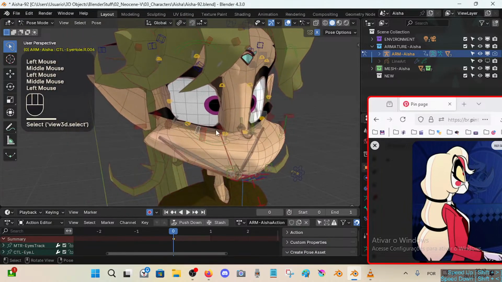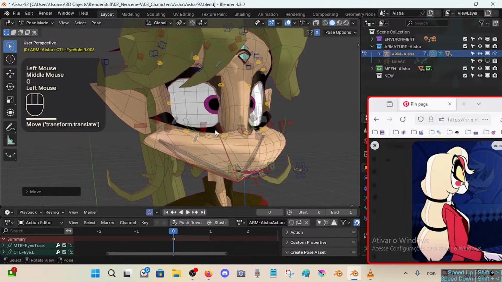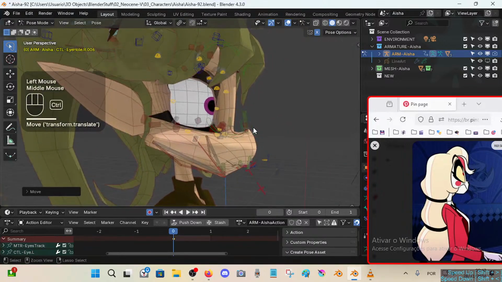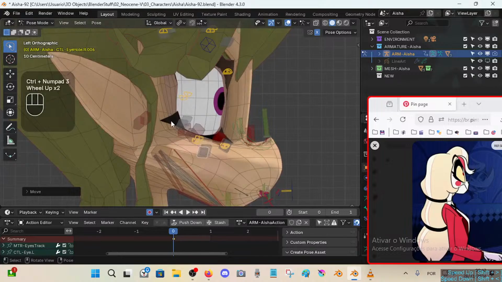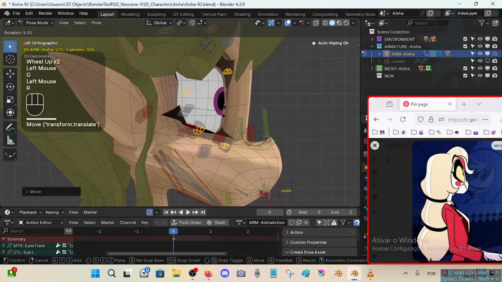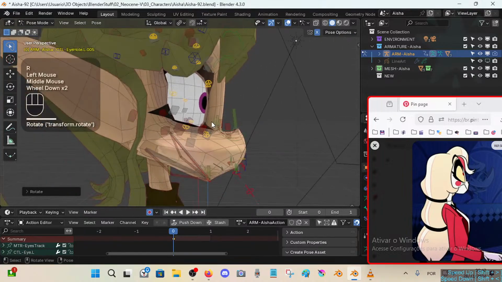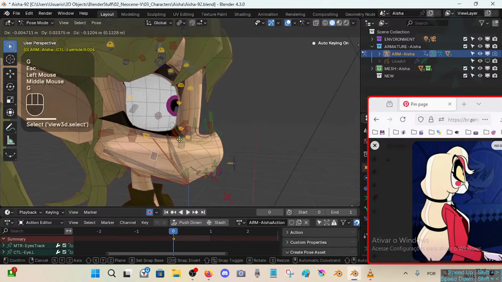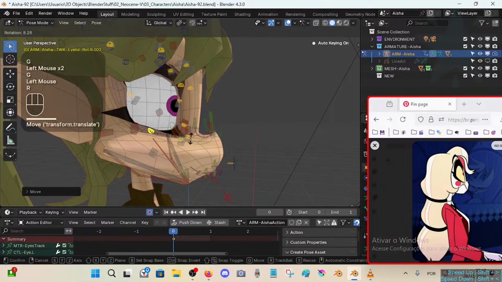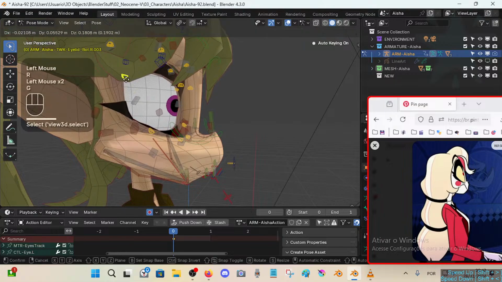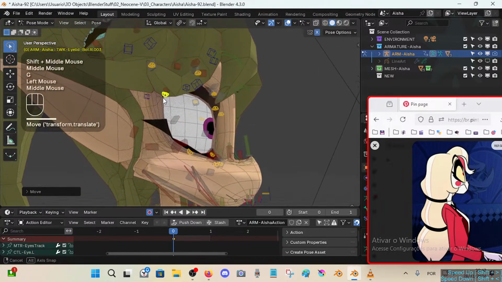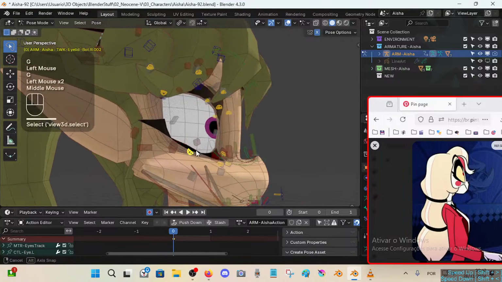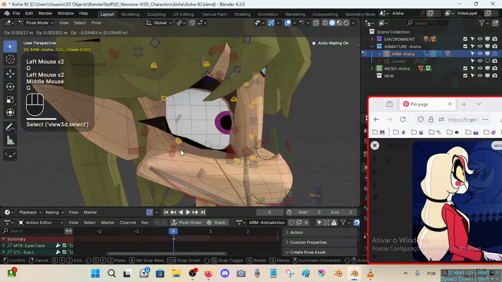Then maybe here we want to exaggerate here. And yeah, we can bring this like here, and get this great curvature here. See, there's the problem. So to do something about this, what I can do is